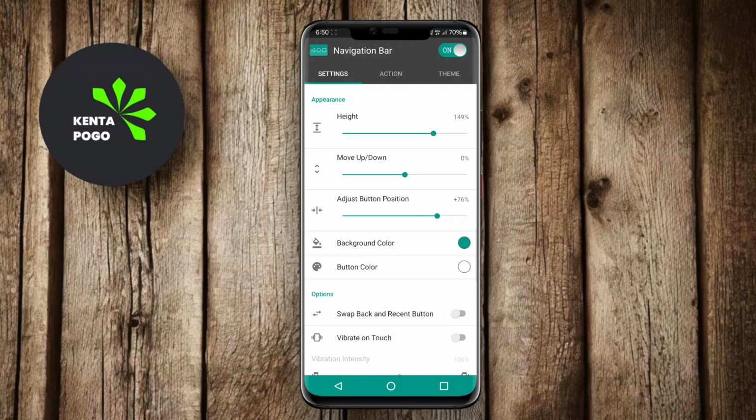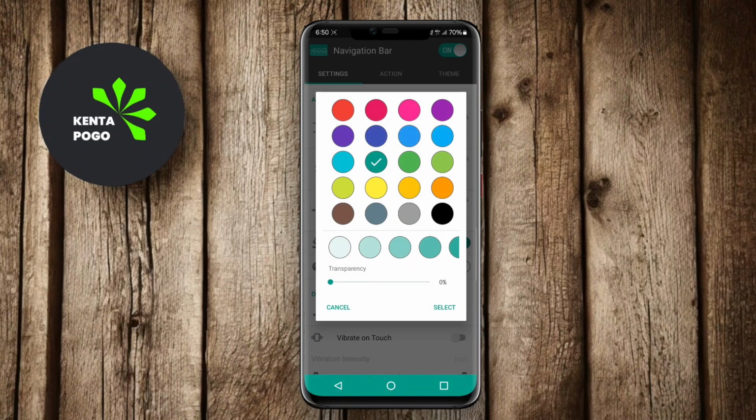Navigation bar is a highly useful mobile application for Android that enhances the usability of the device's navigation system. This app allows users to customize their navigation bar, providing additional features and options beyond the default settings. Users can personalize the appearance, size, and functionality of the navigation bar, making it more suited to their preferences and